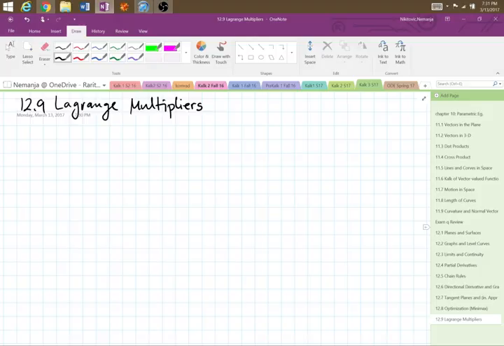So we're going to take our min-max problems to the next level now. What we found before was a min-max, the saddle point, for a shape, and that was the end of the story. Now we are going to find the min and max for a shape that has a constraint. Now let me put that in the eyes of Calculus 1 first,